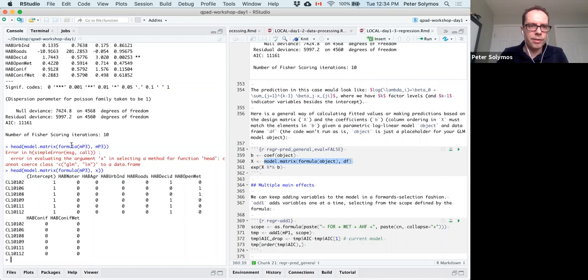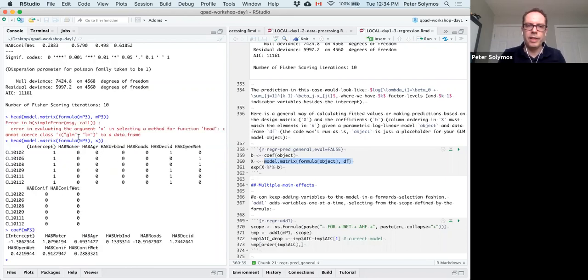So the coefficients of MP3 are going to relate to these columns. We code the whole data as intercept, and whenever it's deciduous, you get a 1. When it's open wet, you get a 1 here, and so on, and multiply together with these coefficients. So once you have the coefficients and this model matrix, you multiply them together using this matrix product notation